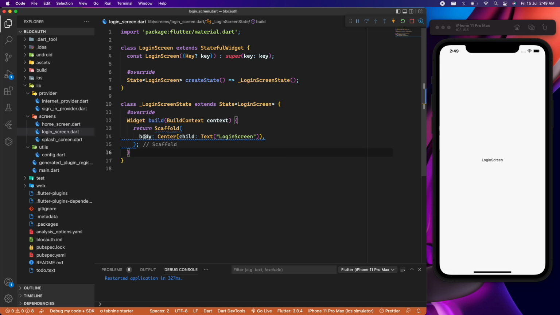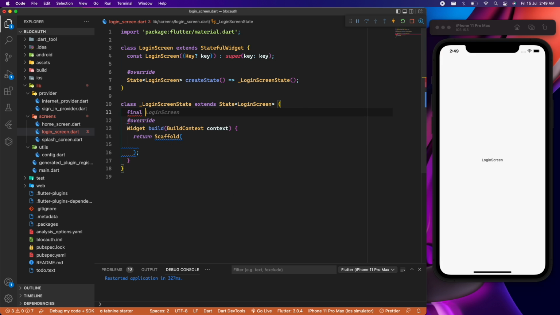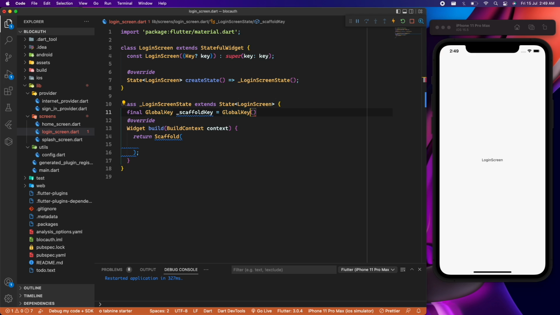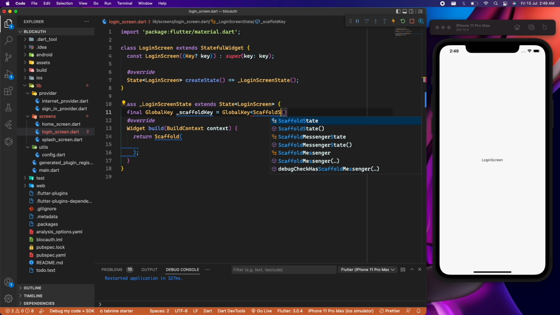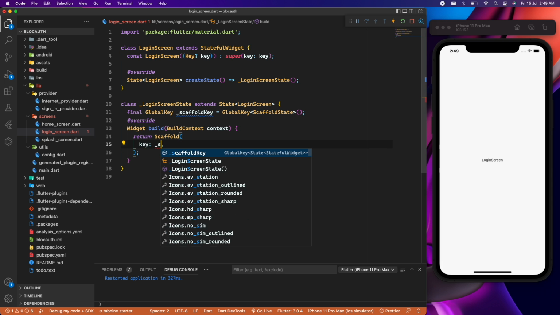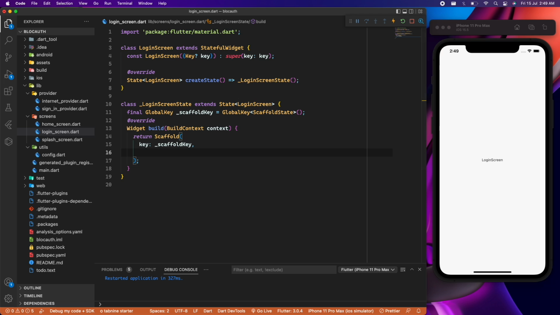So this can be, let's say, a scaffold is okay. We will be providing a scaffold key. So we will write final global key, this will be scaffold key, and scaffold state. Perfect. So if we can just scaffold key, background color can be colors.white as usual,